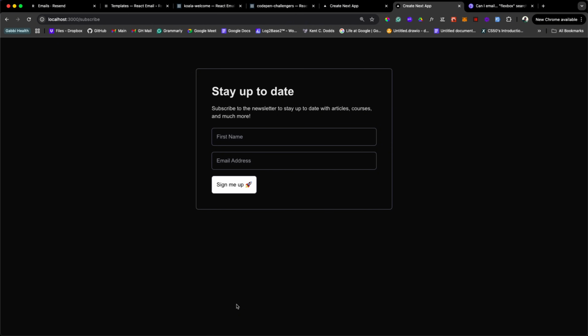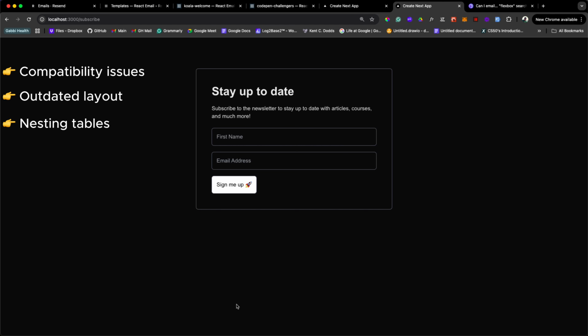Now, if you're conversant with sending emails generally, you know it can be like a nightmare, and it's like we are stuck in the past basically. We find ourselves dealing with compatibility issues and outdated layouts. When I say outdated layout, we find ourselves nesting tables to create layouts. Even the testing workflow is painful, in the sense that for you to test it, there is no local preview. You have to maybe send a mail to a demo mail or something,